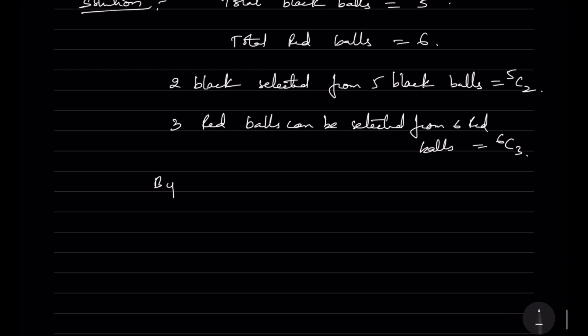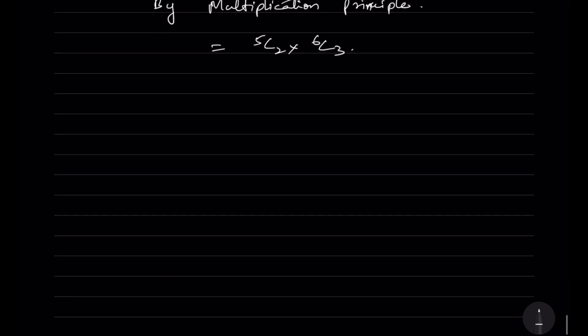So by the multiplication principle, we'll write down here what we get. It's equal to 5C2 into 6C3, which is equal to